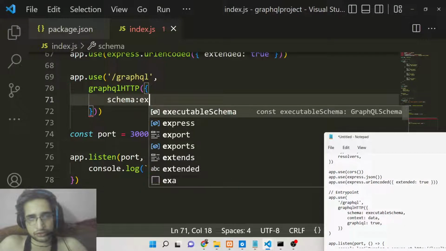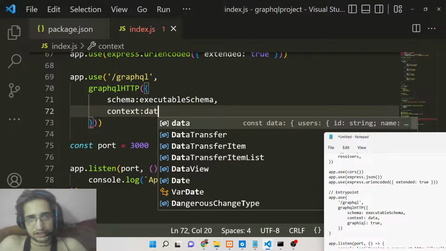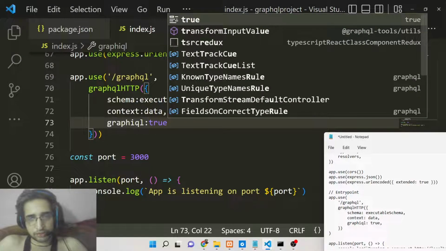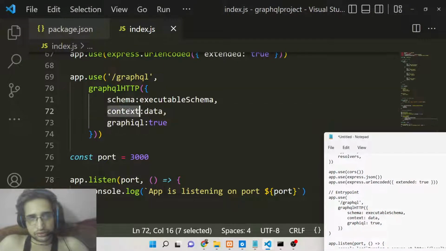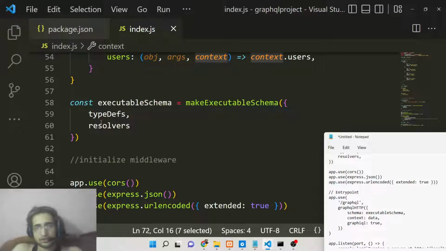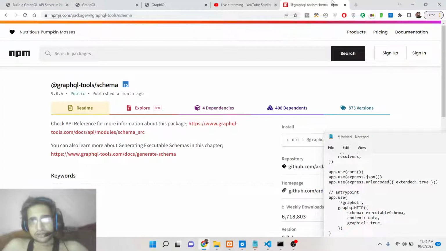Schema will be equal to executable schema, and the context will be equal to the data that we have defined, the users array, and graphiql will be equal to true, this parameter. That's it. Context is the actual data that we have defined here. You will see that. So now if I open this endpoint, guys, GraphQL in the browser,